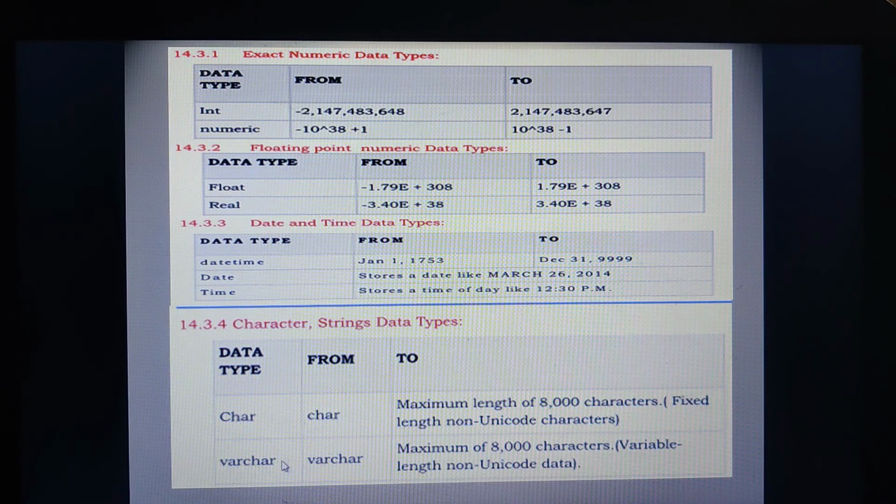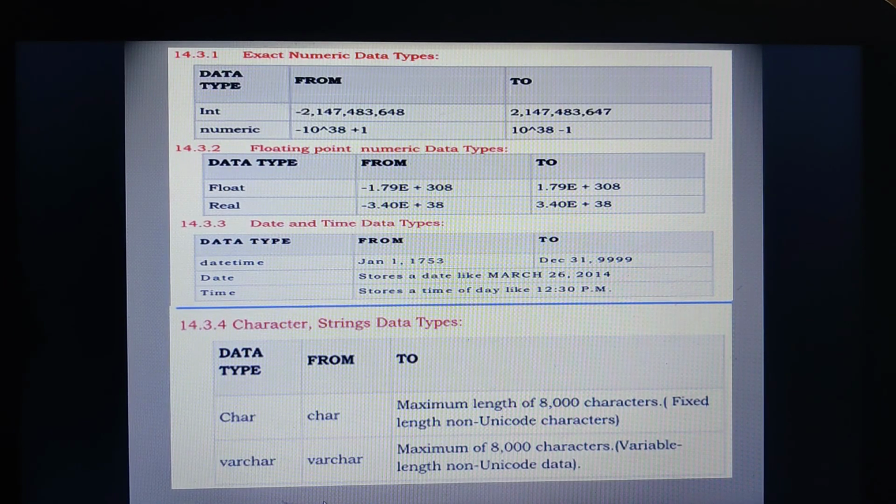In case of character, a maximum length of up to 8,000 characters it can hold, and varchar also can hold about 8,000 characters. Fixed length, the non-unicode characters, in the sense what? If it is a fixed length, let's say char(25), that means the entire size of 25 bytes it will occupy.